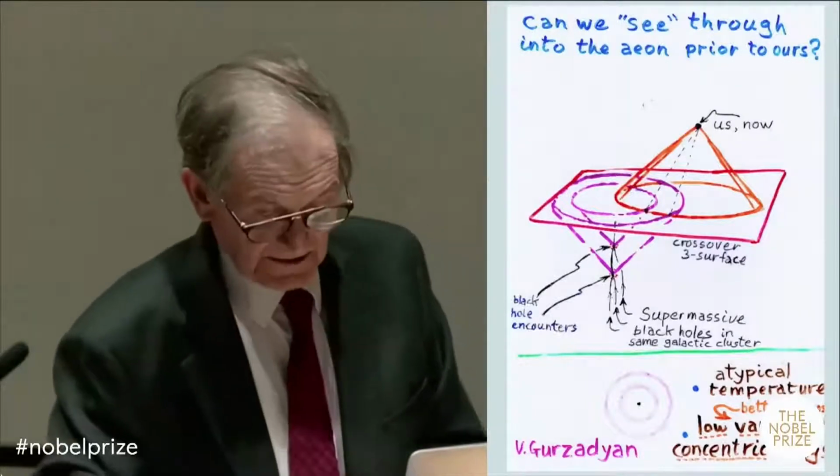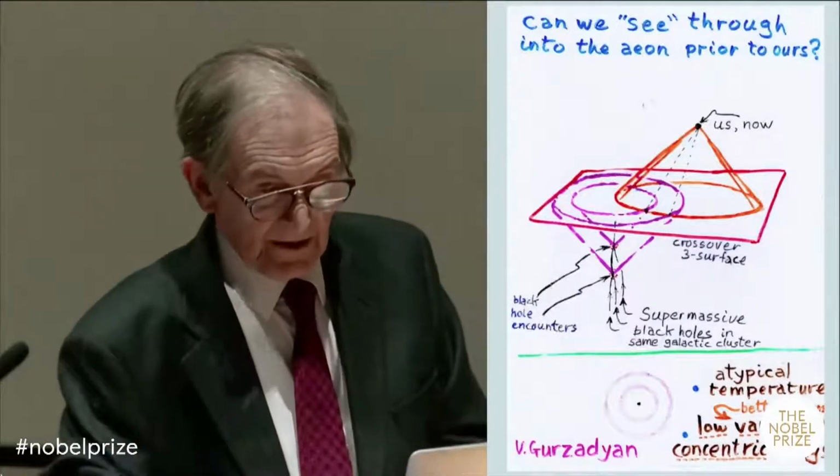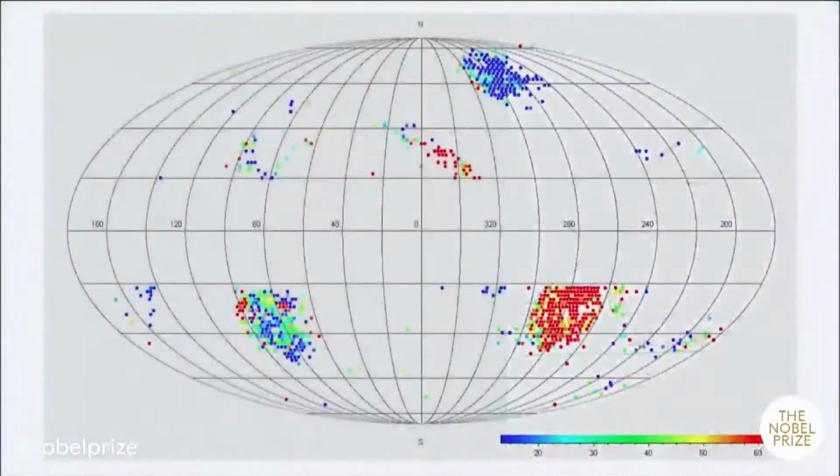And he plotted these things out. And in the next picture I'm going to show you, which is rather remarkable to me, he didn't select these things from the color, which is the temperature. He didn't select it for that at all. He selected it just for the low variance. And these are plotted out in the Planck data, centers of at least three concentric low variance rings. Now, whatever you believe the origin of this signal is, what is very remarkable is the extreme anisotropy of the picture, or inhomogeneity of the apparent universe here.